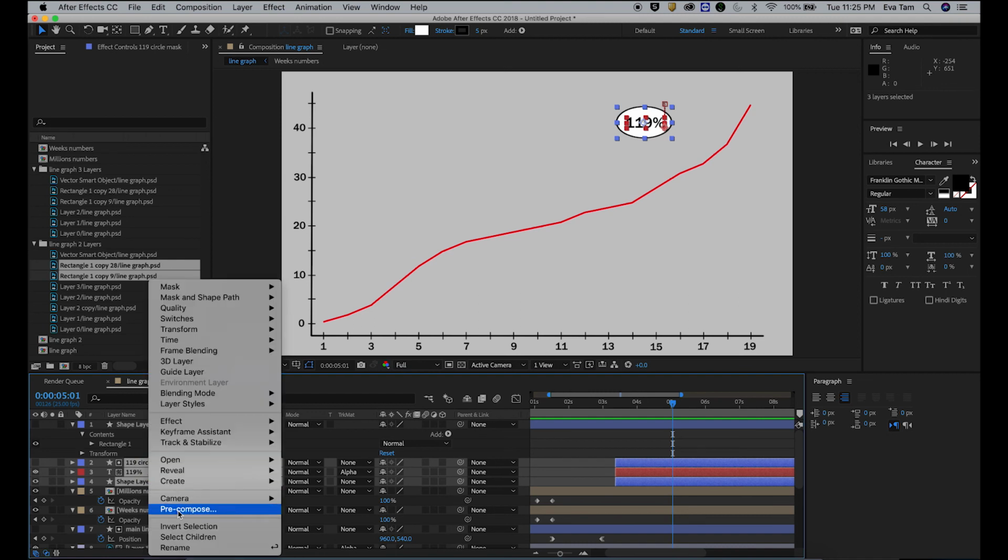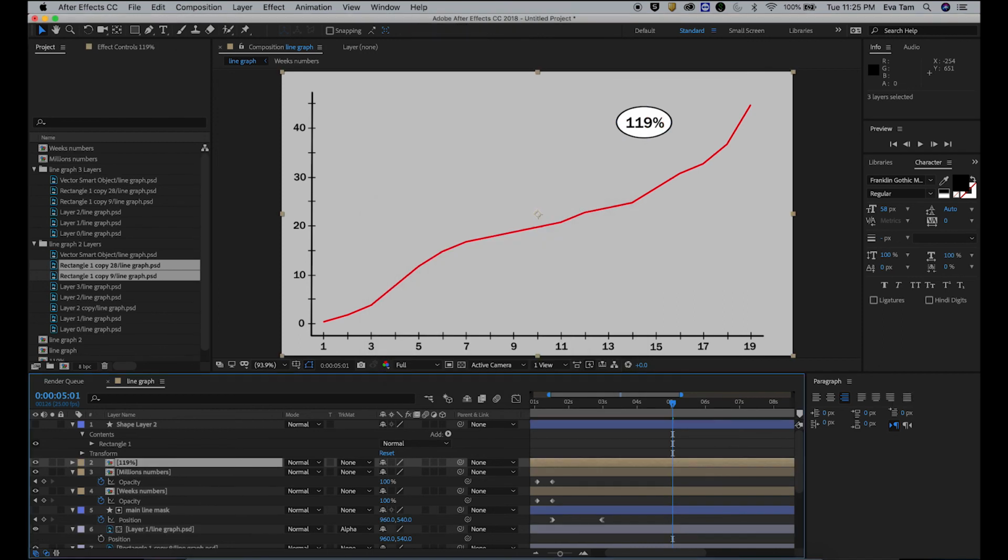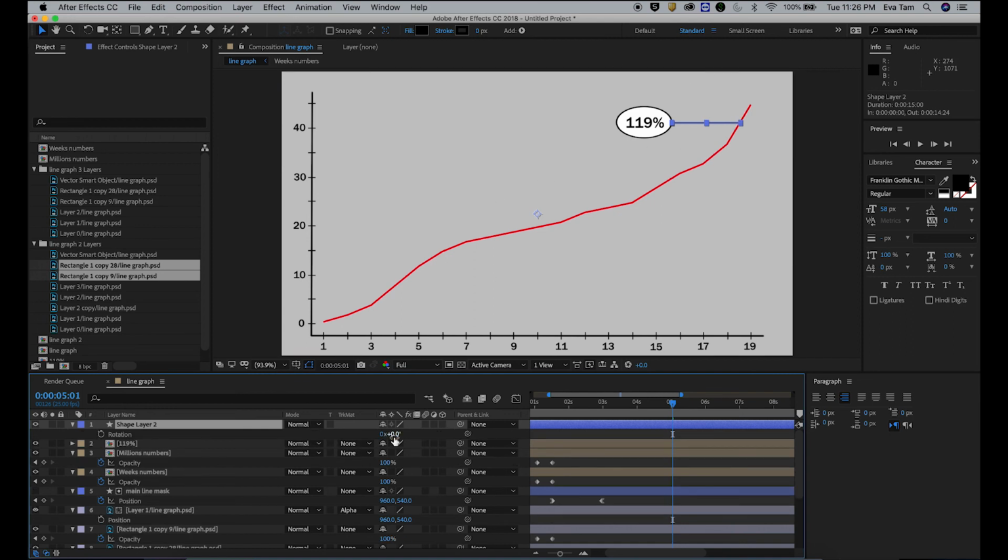So I'm going to pre-comp this as 119%. And now I'm going to work on my next one, which is my line. So R is for rotation, right? So you click on R on the keyboard.